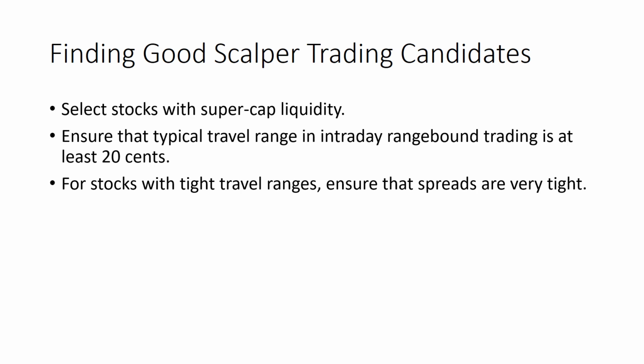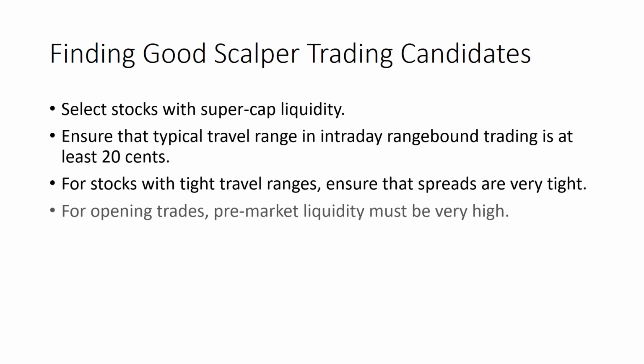For stocks with tight travel ranges, we're going to want to make sure that the spreads are really tight as well. So if you've got a stock that just has 20 to 25 cents in travel range on the typical volatility band that you're creating, I'm going to show you how I put those together in a second. You also want to make sure that those spreads are not going to be more than 1 or 2 cents. You don't want to see a 10 or a 15 cent spread when your target is only 20 cents, because what will wind up happening is you're going to get in, and if you wind up taking liquidity on your entry, then you're going to wind up getting popped right back out when it trades against you. So be very conscious of how tight the bid-ask spread is.